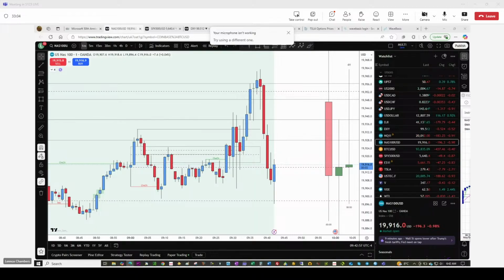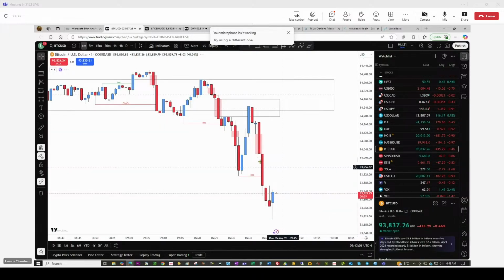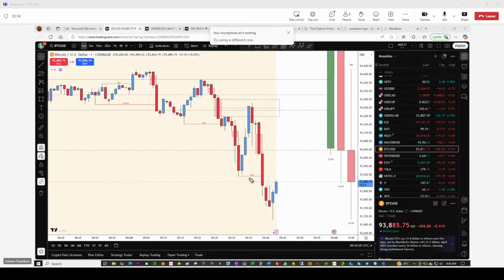So things are moving quite fast here, so you have to be quite nimble. Bitcoin went down much lower than I would have expected at that point. Sometimes they don't go that low, maybe here, and they go back up. But in this case, they did drop through quite a bit. But now we're getting our retrace. So opportunity, like I say,